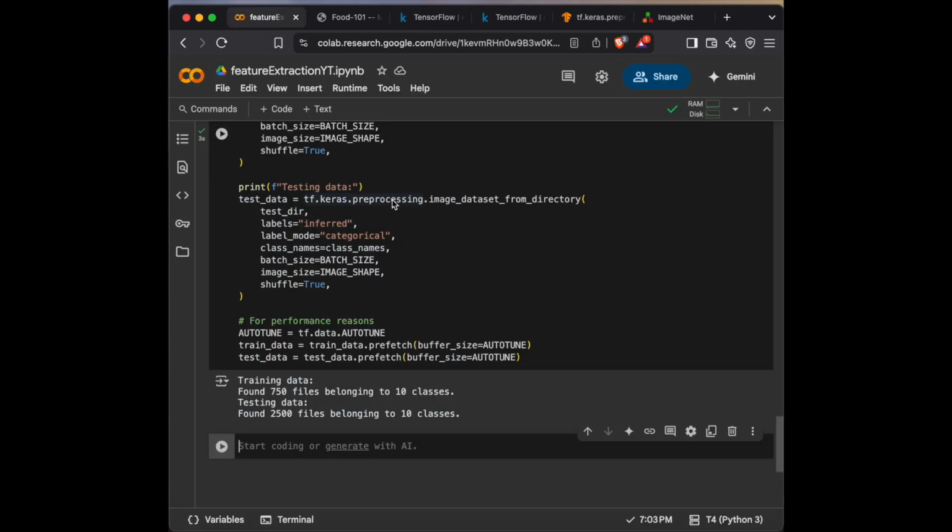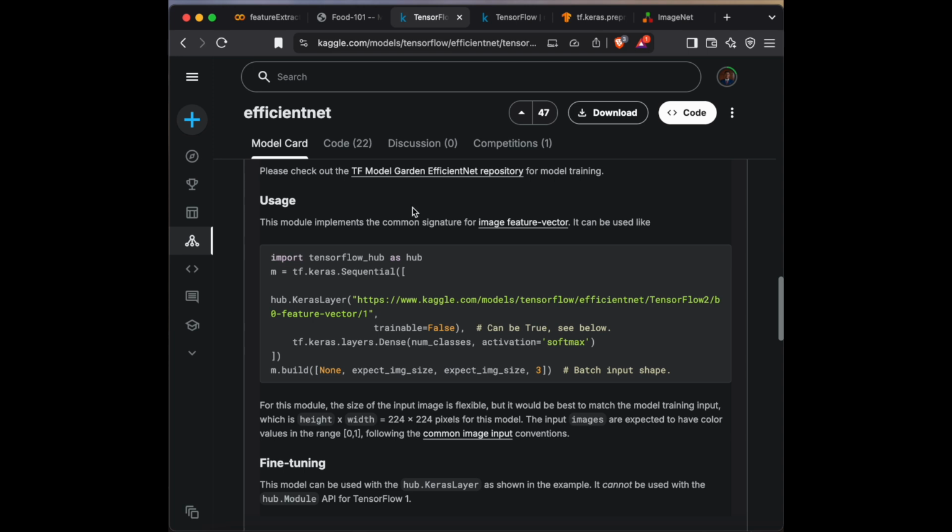So I think we need to actually try and understand what feature extraction is. I'll try explaining it verbally, and afterwards I'll show you a picture of how it actually works. So what we are doing is that these models that we have here have been trained on ImageNet on a large class